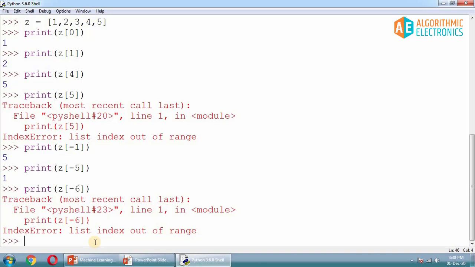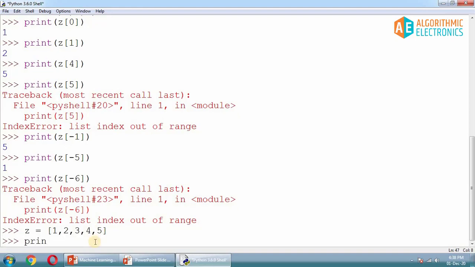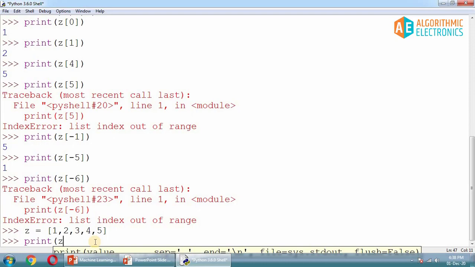Now the next important thing is that if it supports indexing like a string, it must support a range of indexes. So for example, how can I do this? I'll declare once more z equals 1, 2, 3, 4, 5, and if I simply print z, it will print the entire list.